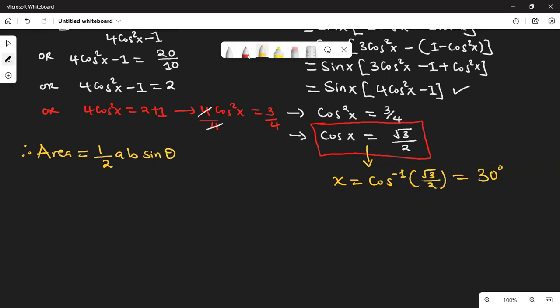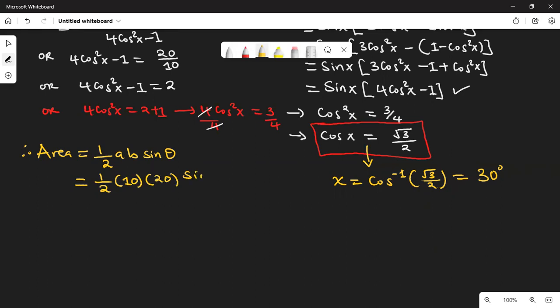We are using this formula where A is one side given, B is the other side given, then theta is the included angle. So this is the same as 1 over 2, our A is 10, our B is 20